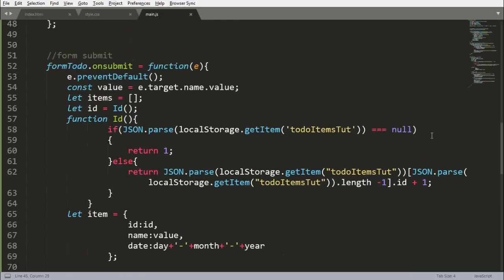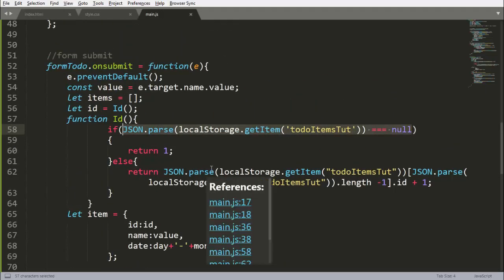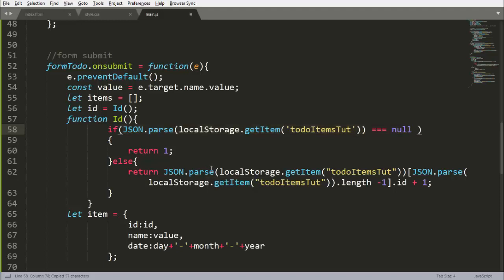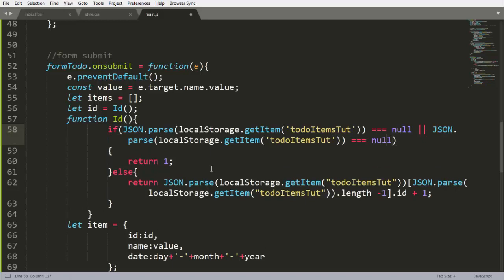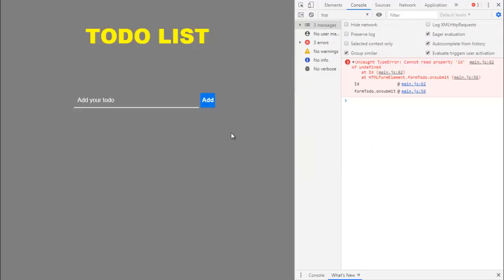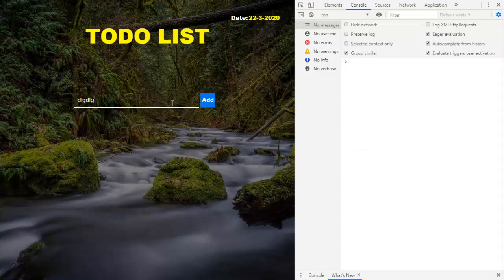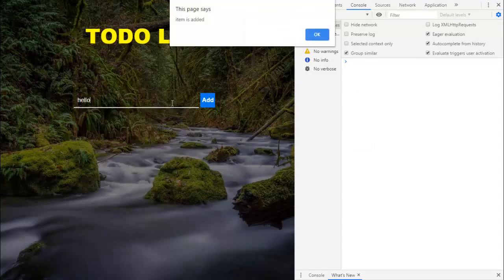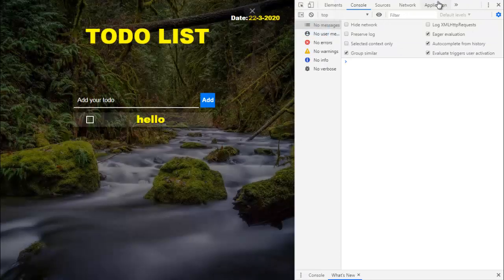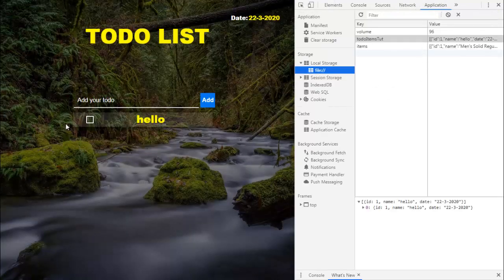We will copy this and we will write or statement here, or if the length of the array is equals to 0, then we will do this. So write hello here. So item is added now. See that we are not getting any error here.